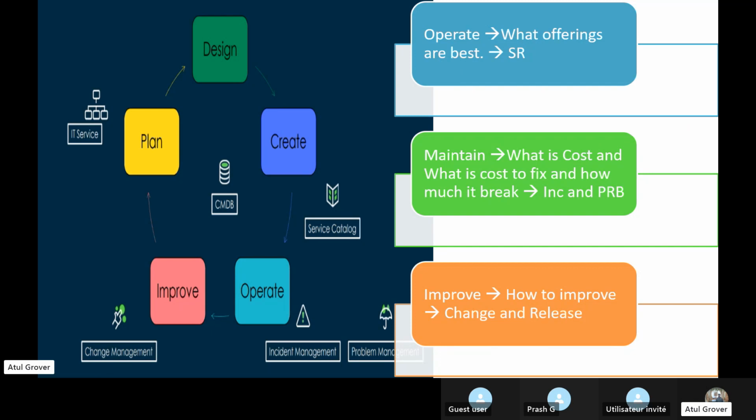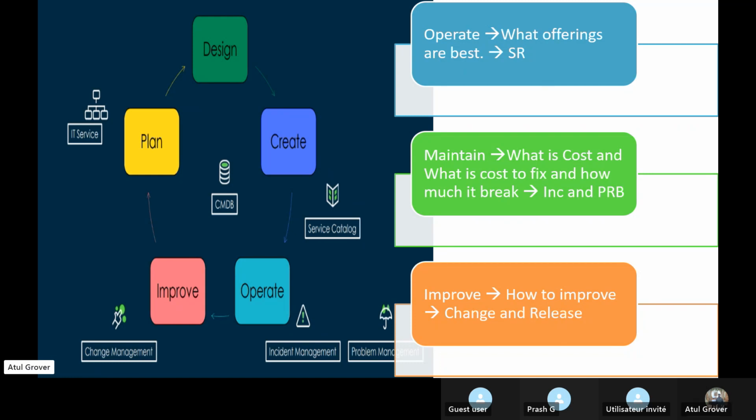In the early days, I worked for a client, you will not believe, who maintained their incidents in Excel sheets and their changes in Excel sheets, but now they're using ServiceNow. What is the difference?